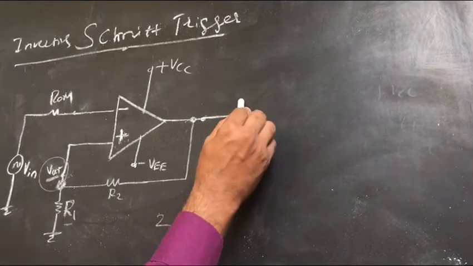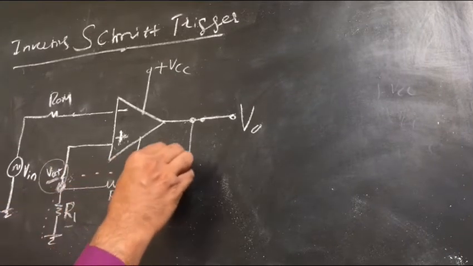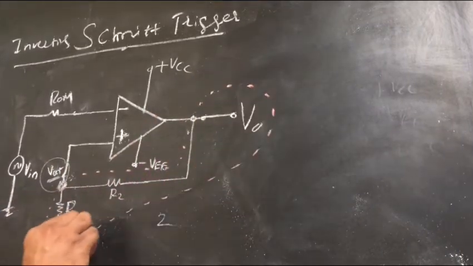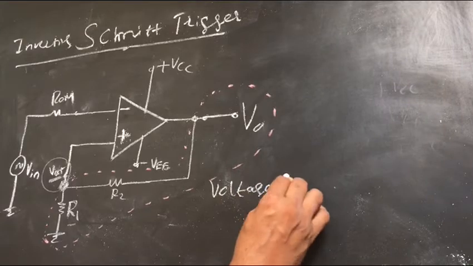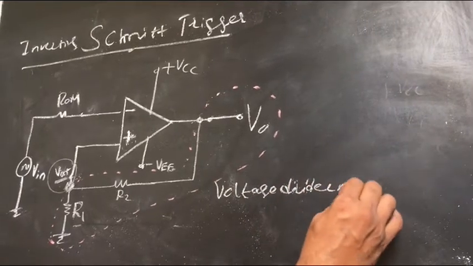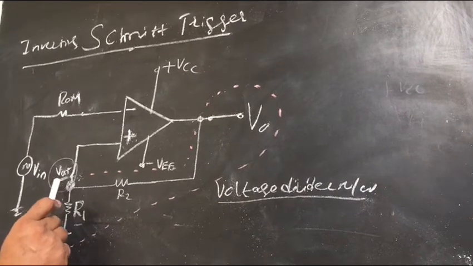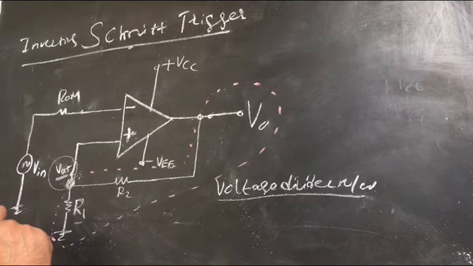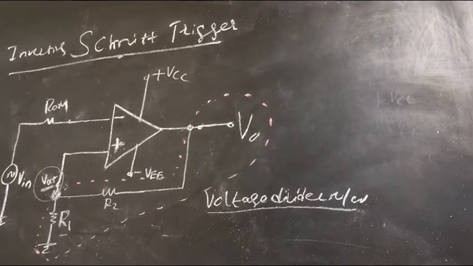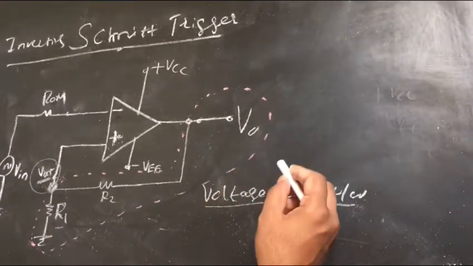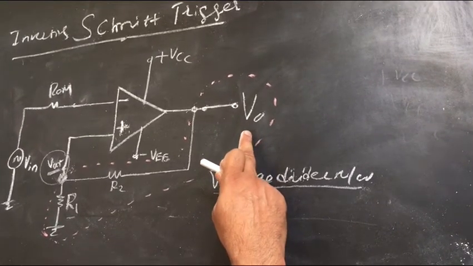Students, in this circuit diagram, this particular portion R1, R2 including V0 acts as a voltage divider network. This voltage divider network gives two possible reference voltages in a Schmitt trigger circuit. Now let us see how there are two reference voltages. Students, we know that there are two possibilities of output. One is plus Vsat and another is minus Vsat.